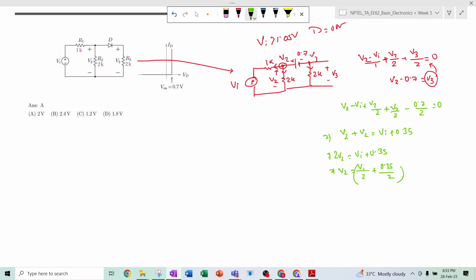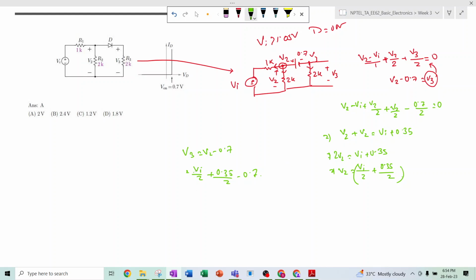And in the question it is asked what is the value of V3. V3 is V2 minus 0.7. So in V2 we write Vi by 2 plus 0.35 by 2 minus 0.7. Okay,